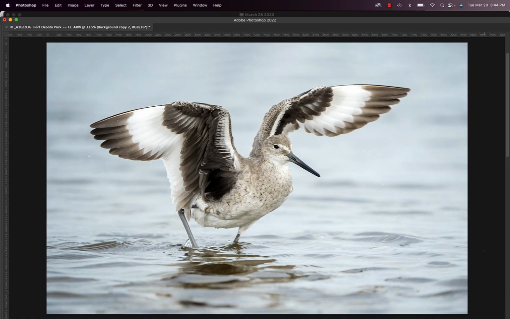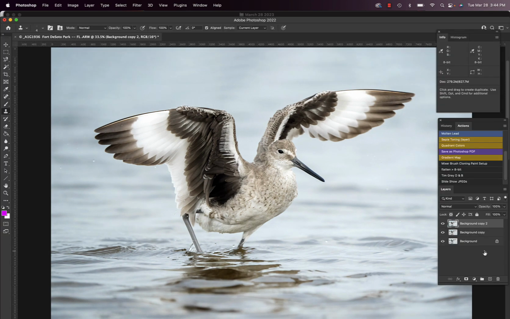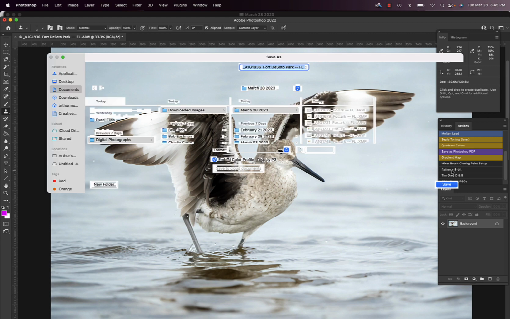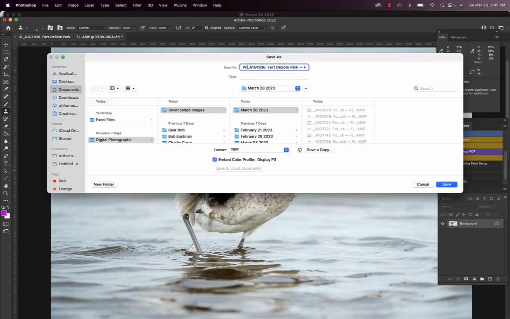Command minus, tab gets rid of that. Pretty good for a first time Sony user. He had 1 hour of practice for that one. Then I go flatten 8-bit, Shift Command S, Willet,